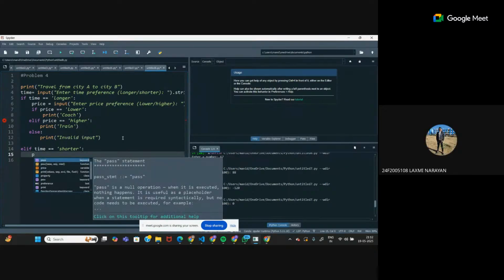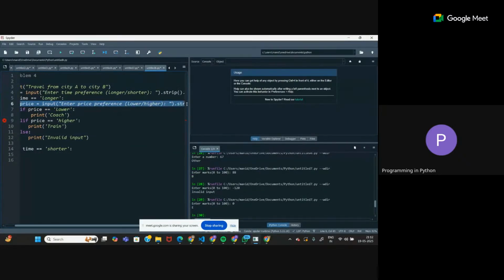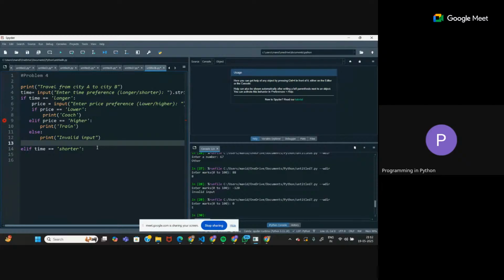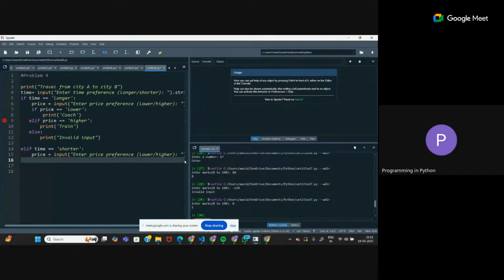Yeah. So again, same thing we have to do. Let's just copy paste, not waste time. Price, lower, higher. Again, you have to take it with the strip and lower methods. Now right here, take a price input. Again, it has to be any one of these, but it might not be. The user can give some other input also. So if price equal to lower,